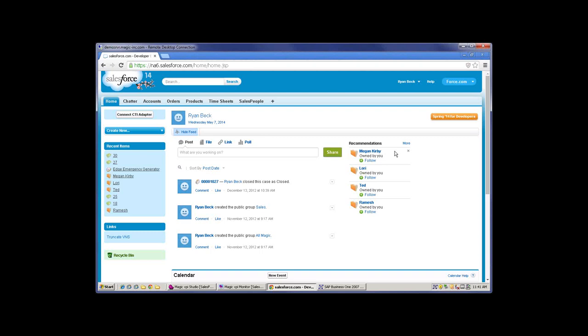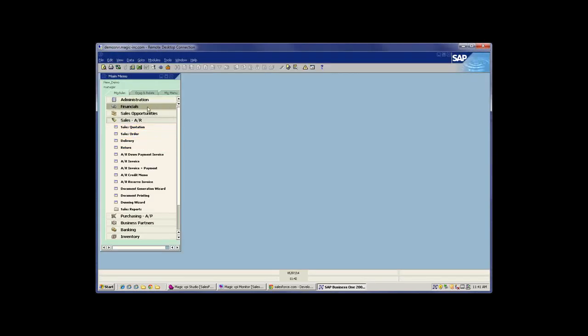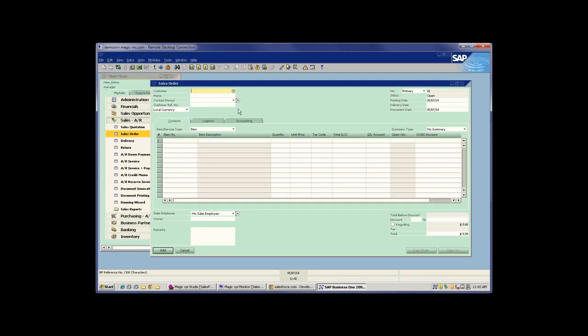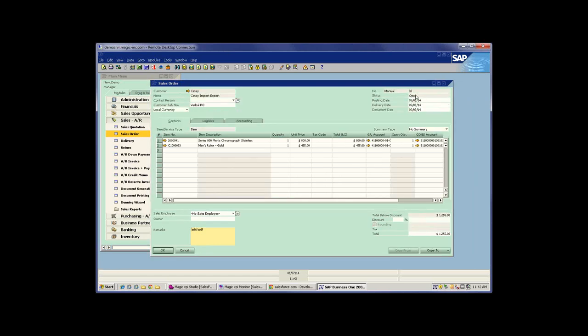So what we want to do is get some data from our Salesforce instance back down into our server in SAP. So if I go into SAP, it's of course an accounting system, so you're managing your orders and your items and your sales and things like that. And my last order in here was done last week, and it was order number 30 that came in last week, I see. So I want to bring in a new order,